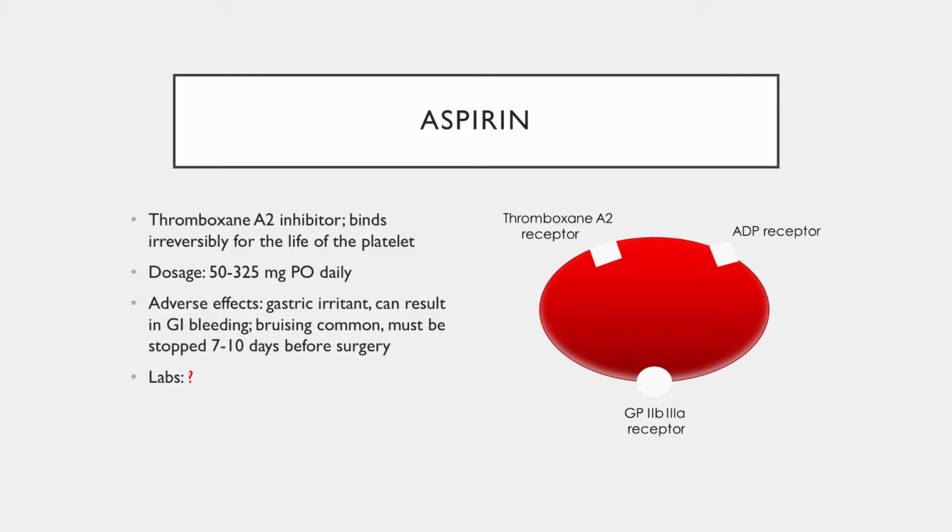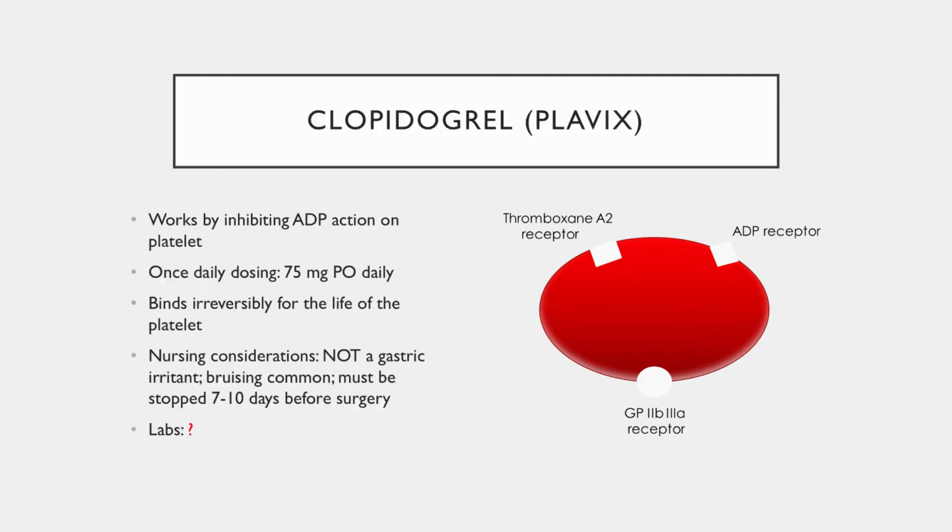So we know that when you take an aspirin, it binds irreversibly with all the platelets in the body. Oh, and by the way, how long do platelets live in the body? Remember that? Somewhere in the neighborhood of 7 to 10 days. Well, that's about how long you need to stop this medicine before surgery. All right. Clopidogrel or PLAVIX is another